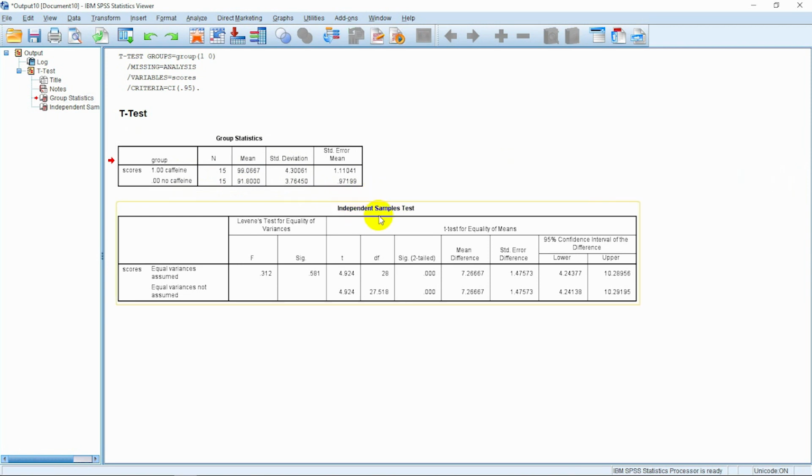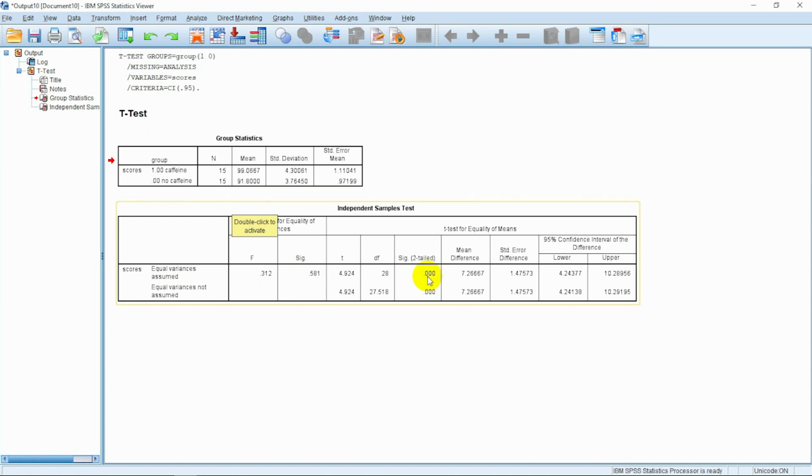So what we need is an independent samples t-test. As we can see here, there's Levene's test for equality of variances. This is one of the assumptions. It says here that it's 0.581, which means that the variances of group A and B are not significantly different from each other, which means we are going to interpret this one,